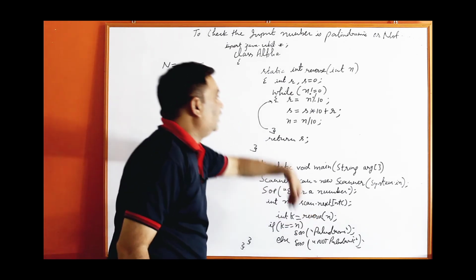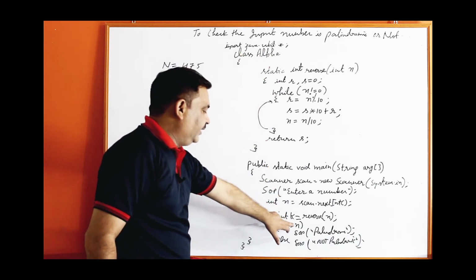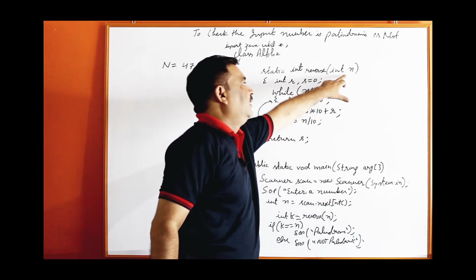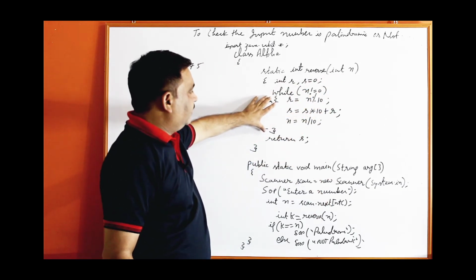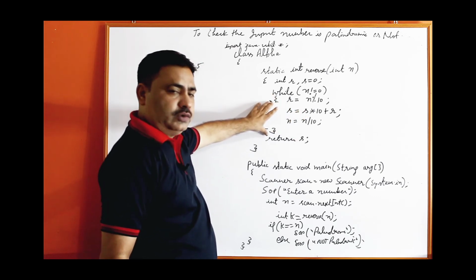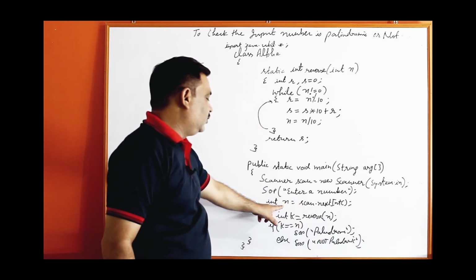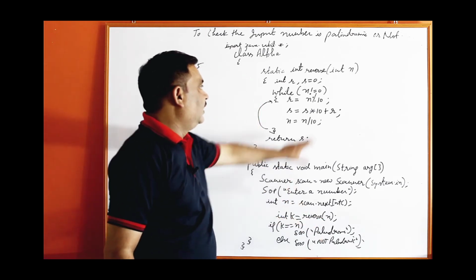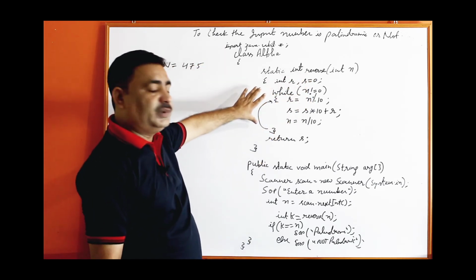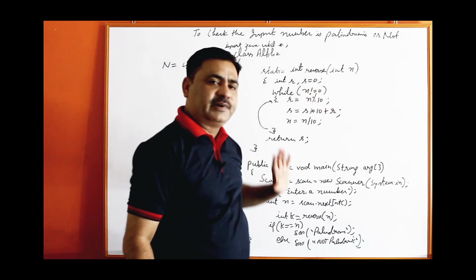Input the number, call the reverse function, and it will return you the reverse value of n, and you have to compare. Here when you pass this n to this n, it will be reversed and stored into s, and this n will become 0, but the other n will not become 0. This variable belongs to the main function, and this n belongs to the reverse function. So, their scope is different. So, here it is not required to store in a temporary variable.